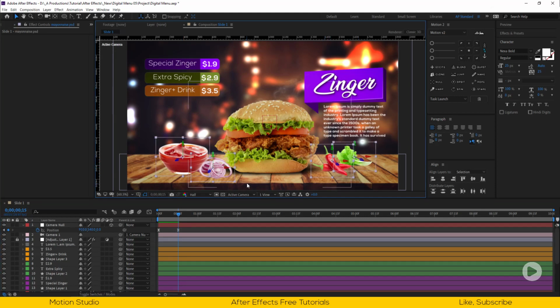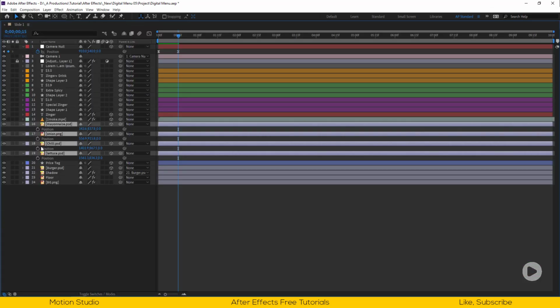One thing that I want for the helping elements is for them to be constantly moving. Let's make keyframes for the position. Move the keyframes to the beginning of the animation, go 5 seconds forward and change the position in the X direction.